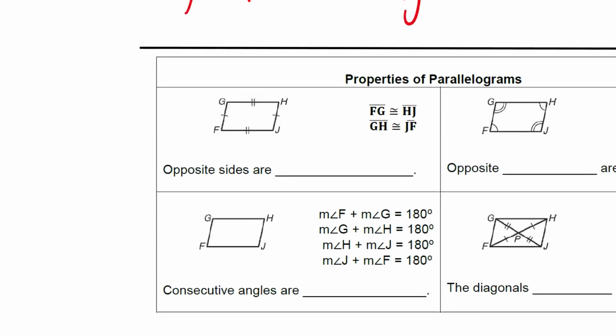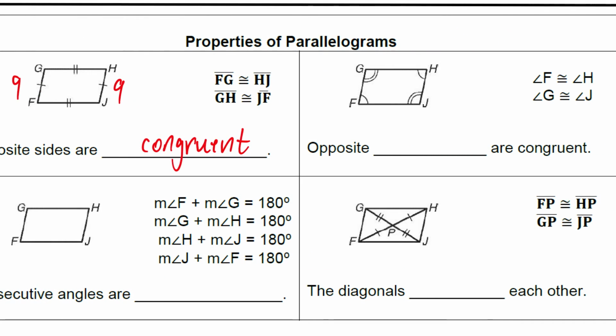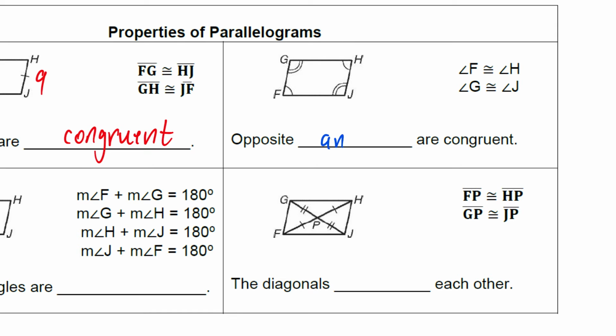So on the first one, opposite sides of a parallelogram are what? Congruent. Opposite sides of a parallelogram are congruent. So if this side is 9, this side is 9. Okay, second, opposite angles are congruent. So if this angle is 100 degrees,